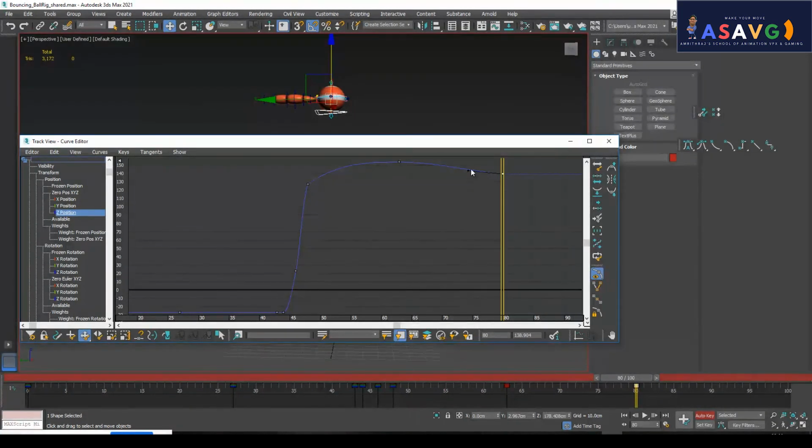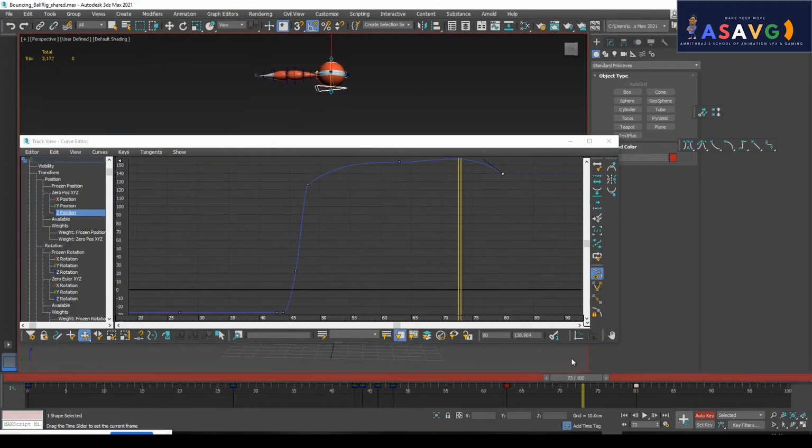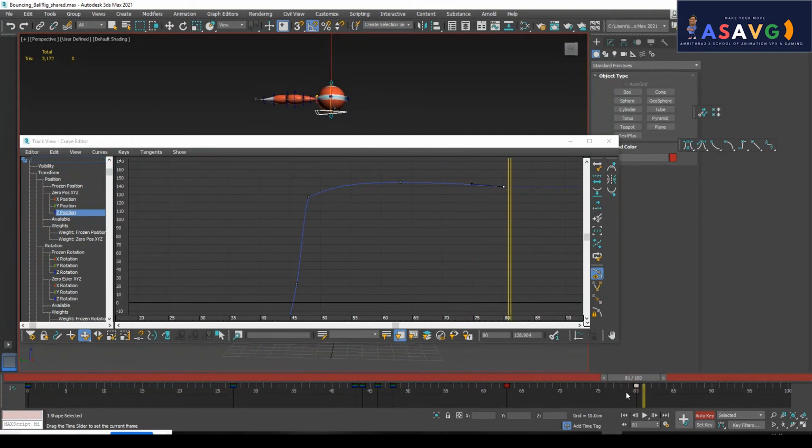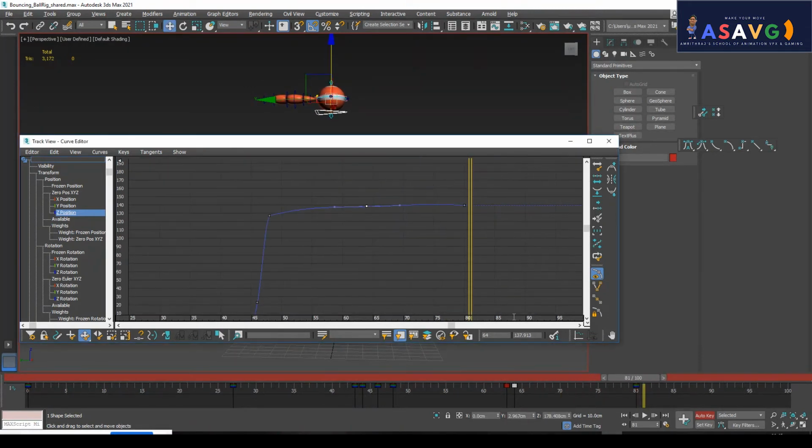Okay, this also I will be making a little bit more top, so it should not be coming down. So selecting this and making him a little bit down, and this curve should also be in a little bit down area. So I want to make it believable that he is in a constant position, no need of coming down.